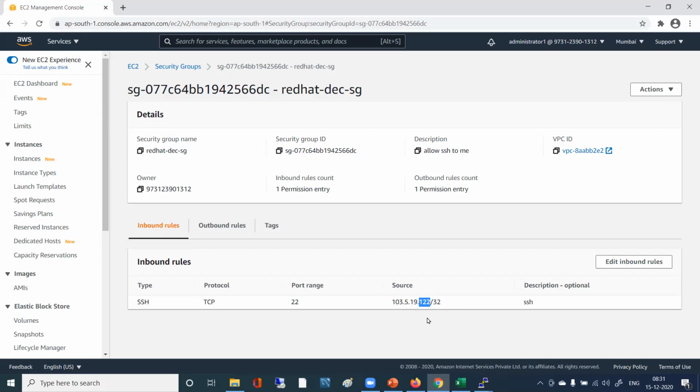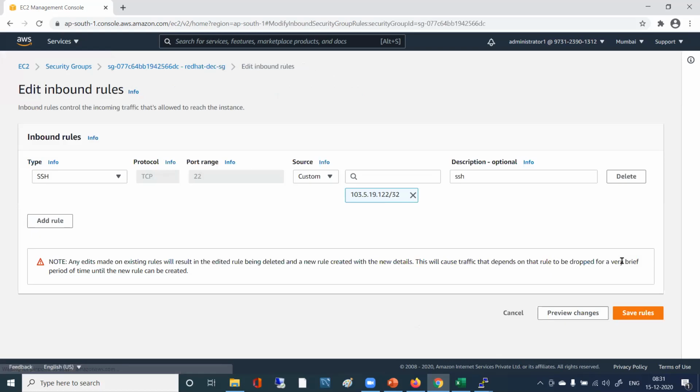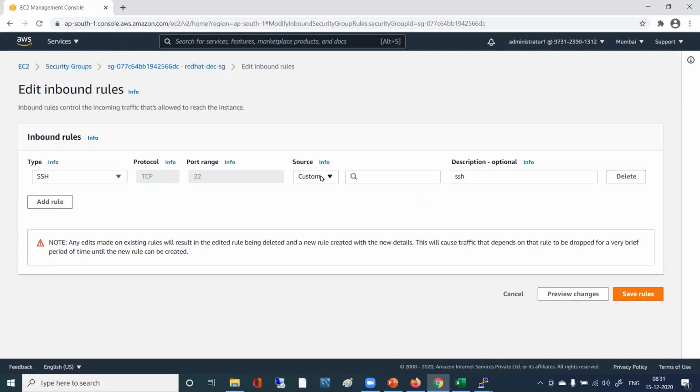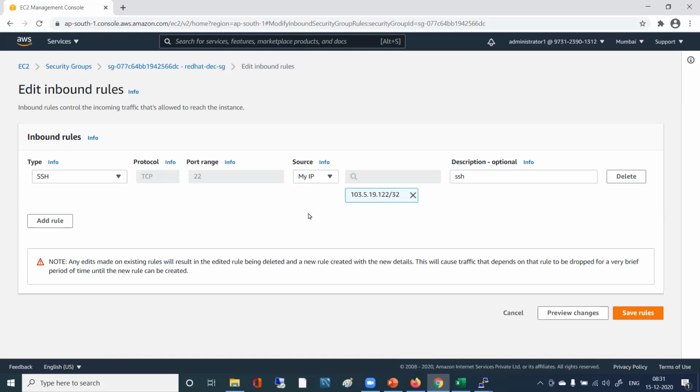Now you remember last time we were discussing troubleshooting, right? So just click on edit inbound rule. Okay. Now just delete that IP. For me, I have to change type also, right? Yeah, for you, I'll come back. For Dharma, it is straightforward. So just close that. Come here. Choose my IP. See, it is coming different. In place of that 180, something else is coming now. It's 210. So your public IP changed.